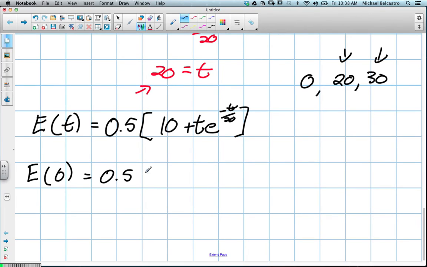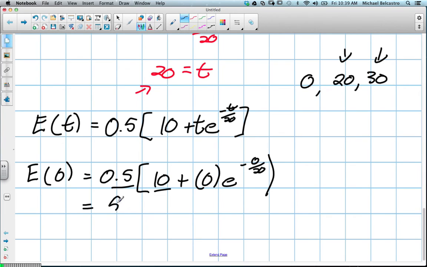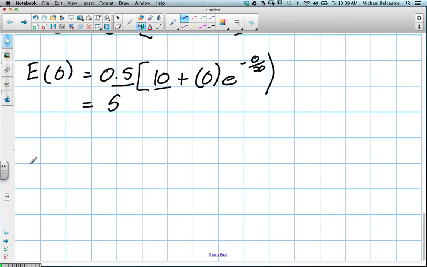So 0.5, 10 plus t will be 0. So that's going to make this part of the equation extremely easy. 0 over 20. No matter what this equates to, 0 times that will be 0. So we're left with 0.5 times 10, which is going to give us 5. So on a scale of 0 to 10, this is a 5, right in the middle. So not studying at all, it's in the middle. You get a 5 for effort. Amazing. Okay, let's try 20,